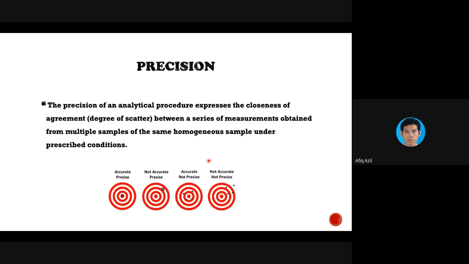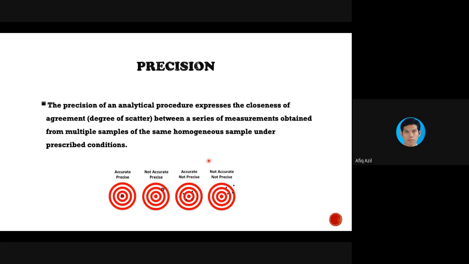Okay, let's say you do a titration. The first titration you get could be 23 ml. Then the second one, you suddenly get 30. The third one, you get a different value, 18. And the final one, you get maybe 25. So that is not considered to be precise.